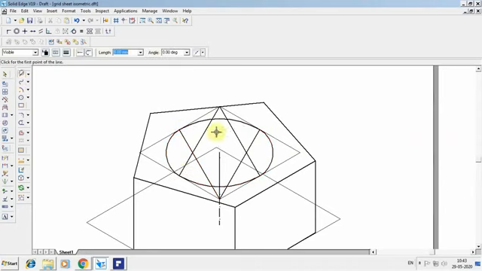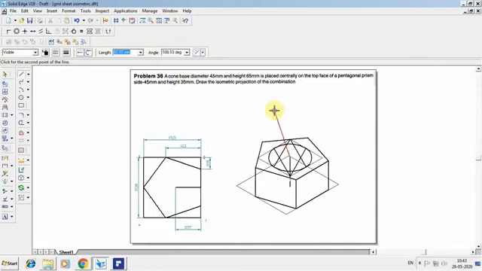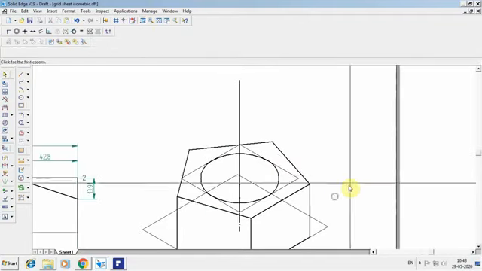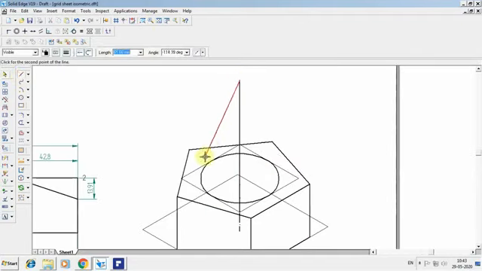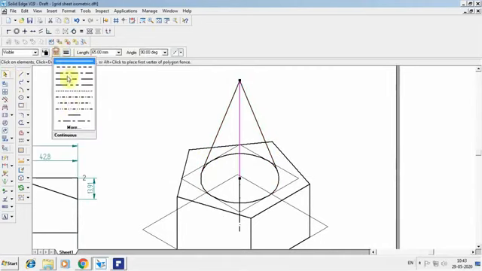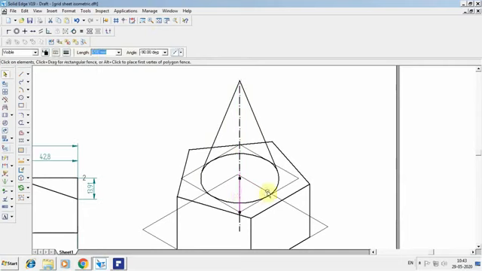Join to the end. Now from the center of the axis, the height of the cone is given as 65 mm. So you can take 65 mm as the height at an angle of 90. Now before drawing the curvature, I want to remove the construction things which I have taken. Now again I am going to zoom in to draw the line. I want to draw the line by taking the tangent into consideration. This is your axis line, keep that as the axis line. So this is the total axis of both the solids.